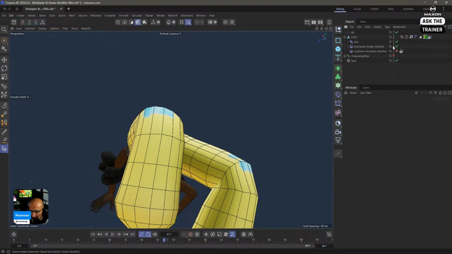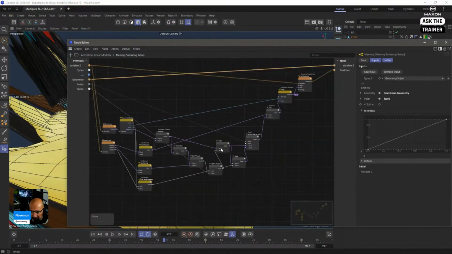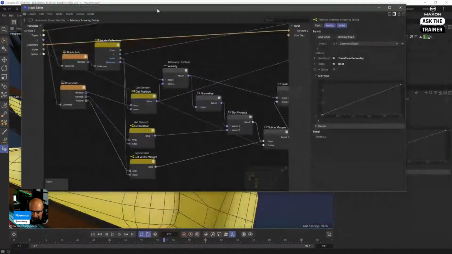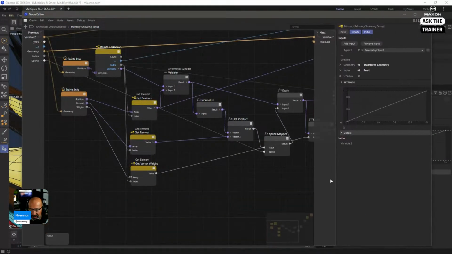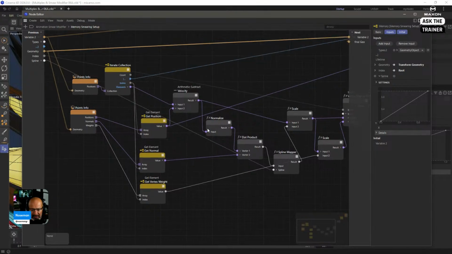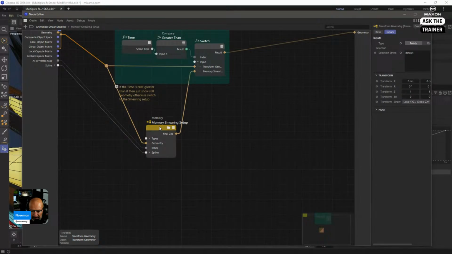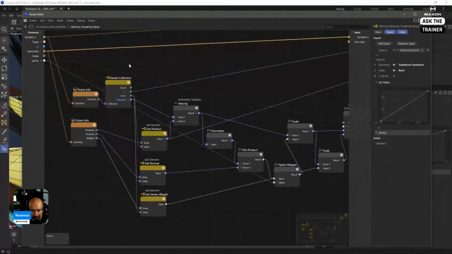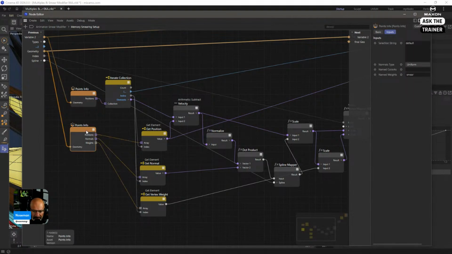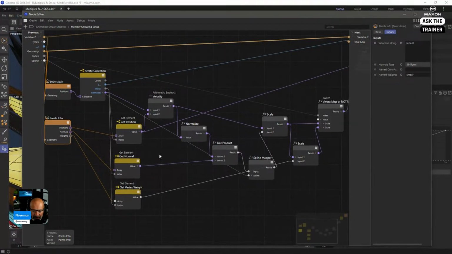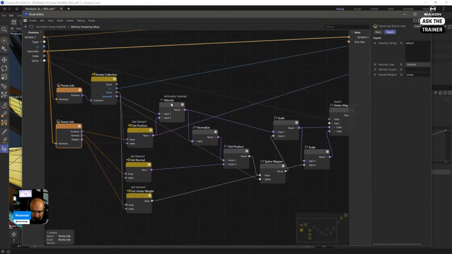is what I've applied in here, where, again, I'm not going to give a full explanation. I'm just giving you an idea. My attempt here is to give you an idea of how you need to think in terms of data. So the memory node, for anyone that doesn't know, this is the memory node. It's a solver node that compares two states: the previous state of something and the current state of something. And that could be a mesh. So I'm feeding the mesh in here. It's taking the previous points and the next points, and it's just iterating through these and getting the position and the normals by subtracting. This is a subtract.